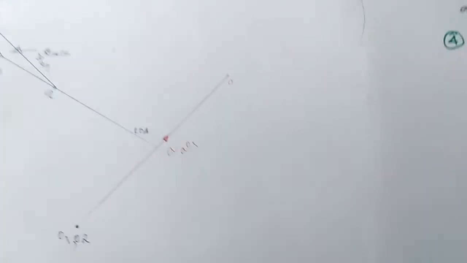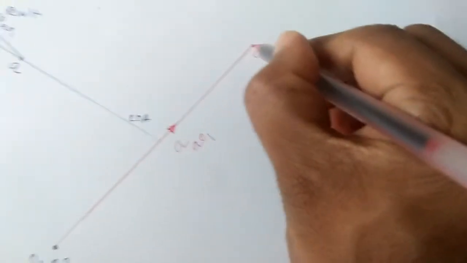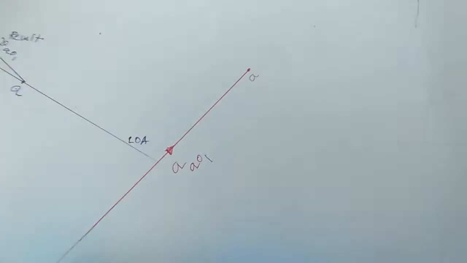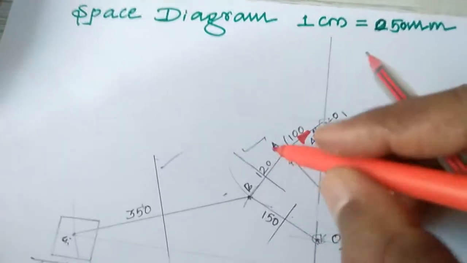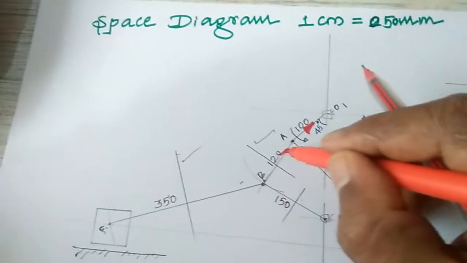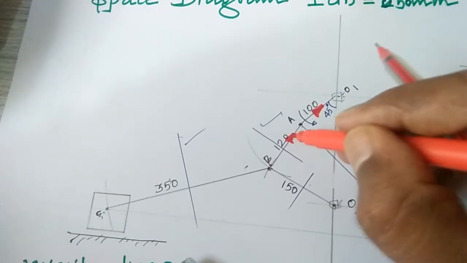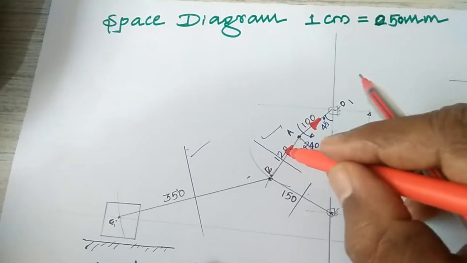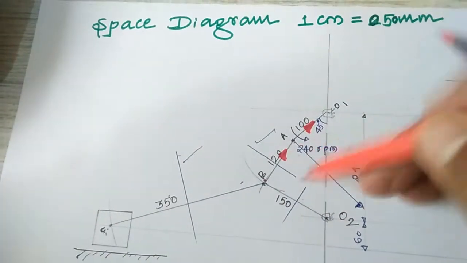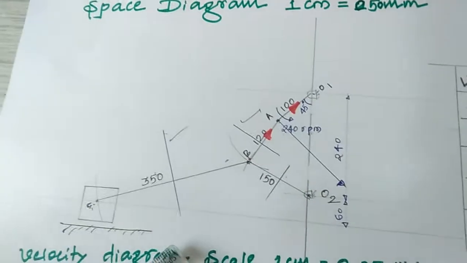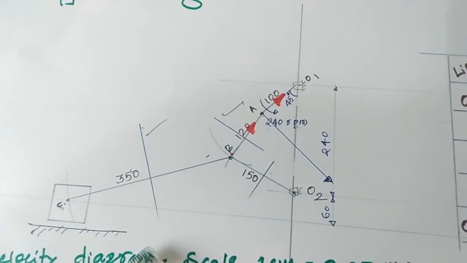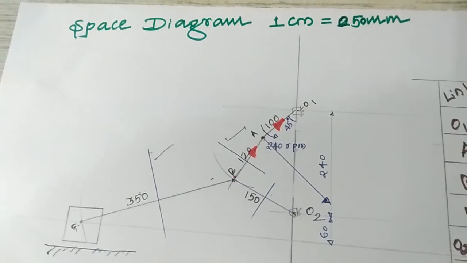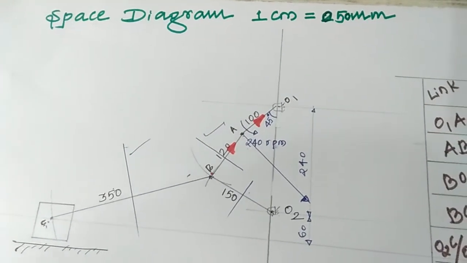Because point B is already known, you have to start from A. Here also the important thing is the direction. I am drawing the acceleration of B with respect to A. This is the marking. Clear? Marking is important. Whatever point is there on the acceleration diagram, you have to take it above only. Then I will draw above only.